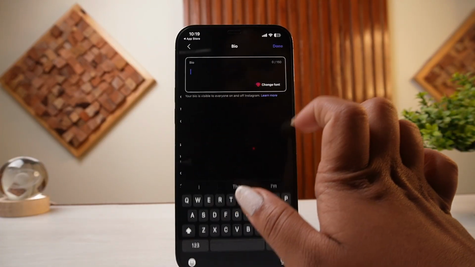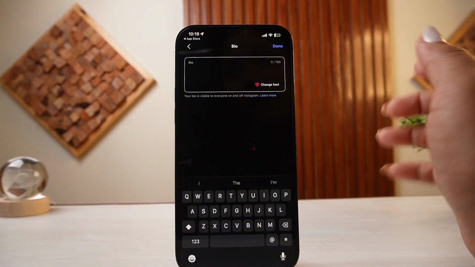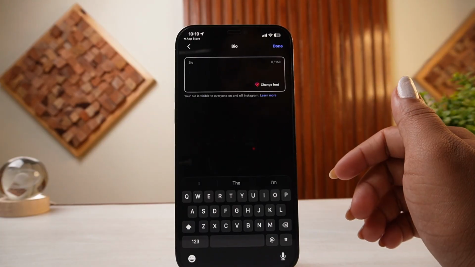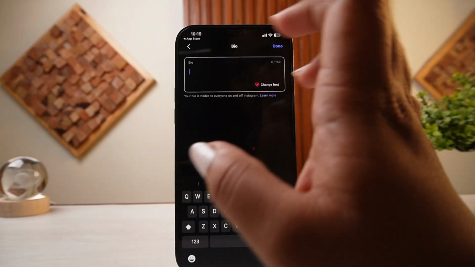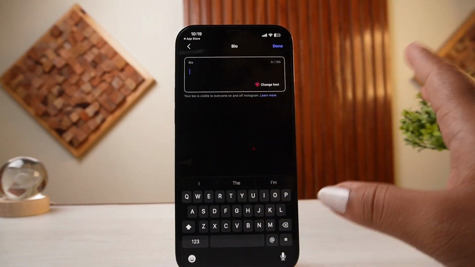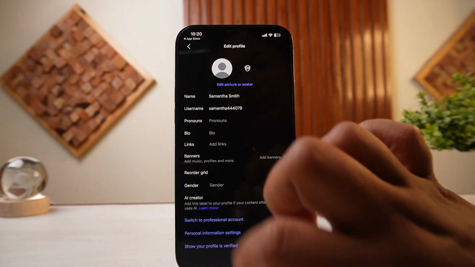If you simply tap on bio and paste your link right here, other people viewing your profile won't be able to go directly to that particular link if you do that. If you want them to directly tap on your link and get into that particular website or whatever link you have pasted, then what you're going to do is simply go back, and in here what you're going to do